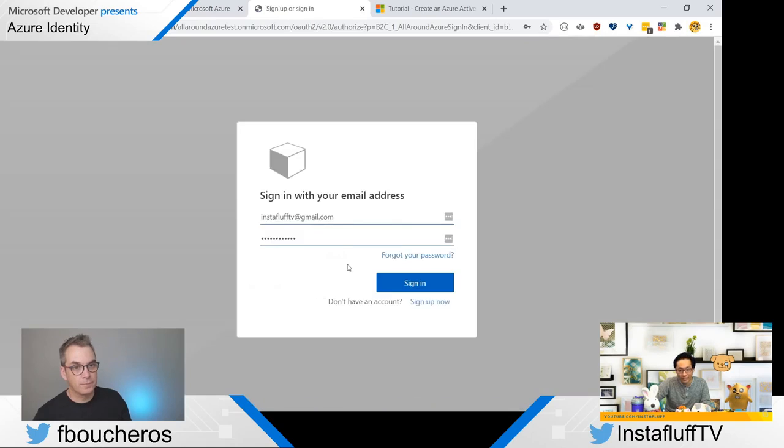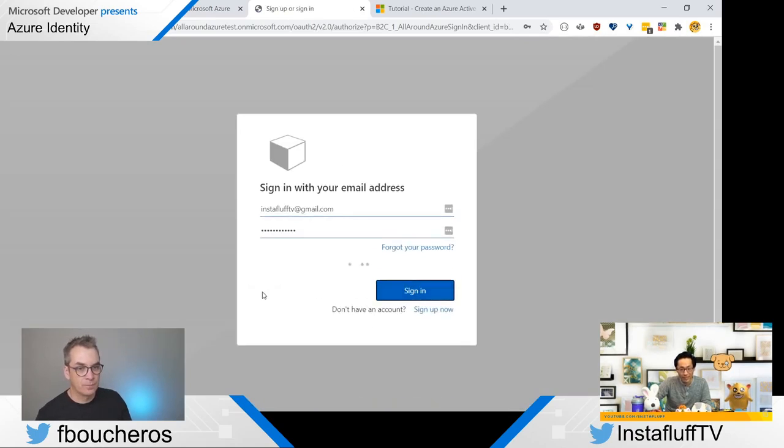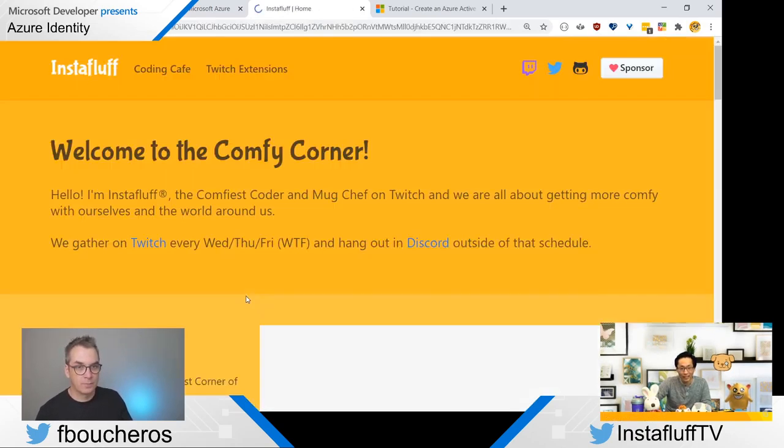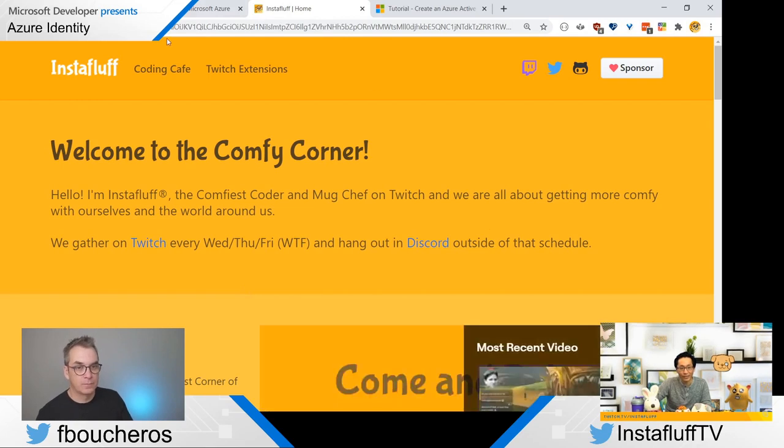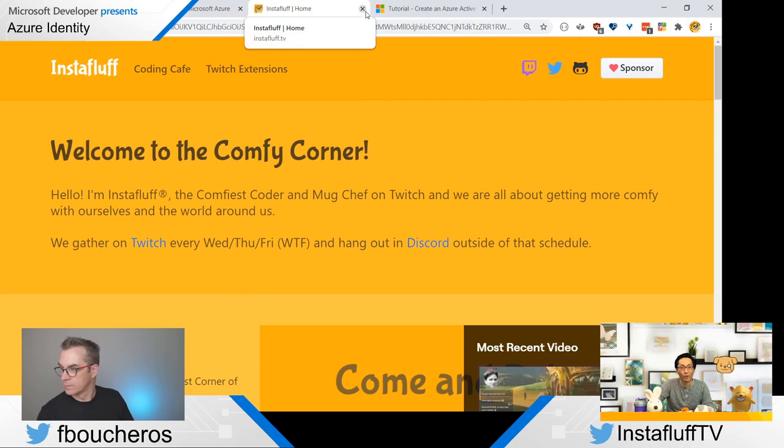But now I'm gonna sign in, and then it'll redirect, and it'll go here with my token, ID token and everything. All you have to do is basically, after that, look for the token and the code, and then decode it. And then that's it. You got an entire website.